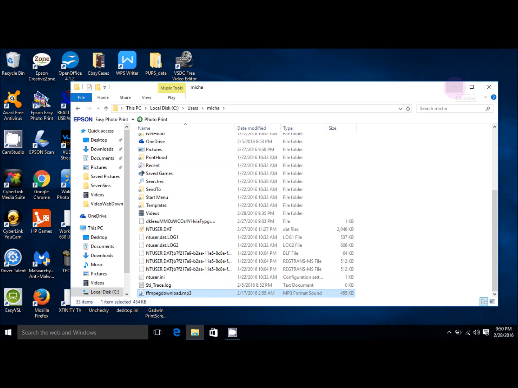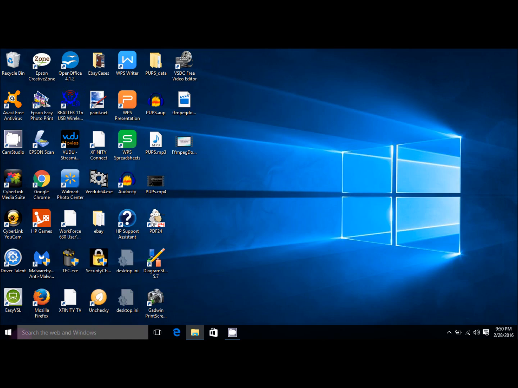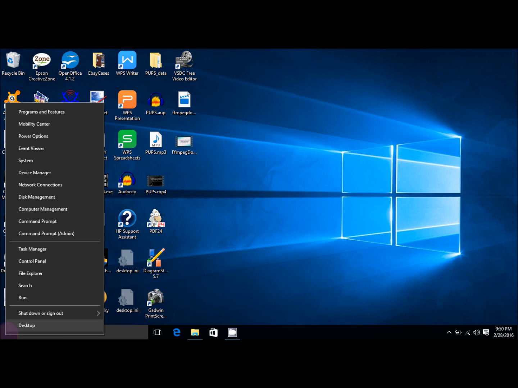Now I'm going to minimize this, and I'm going to go to the command prompt. This way I'm going to just right click on the Windows logo. I'm using Windows 10, as you can see, and go to the command prompt. Do not use command prompt admin, please. Just use the command prompt. That will take you to the user folder where the file is saved. Alright, so open that up,